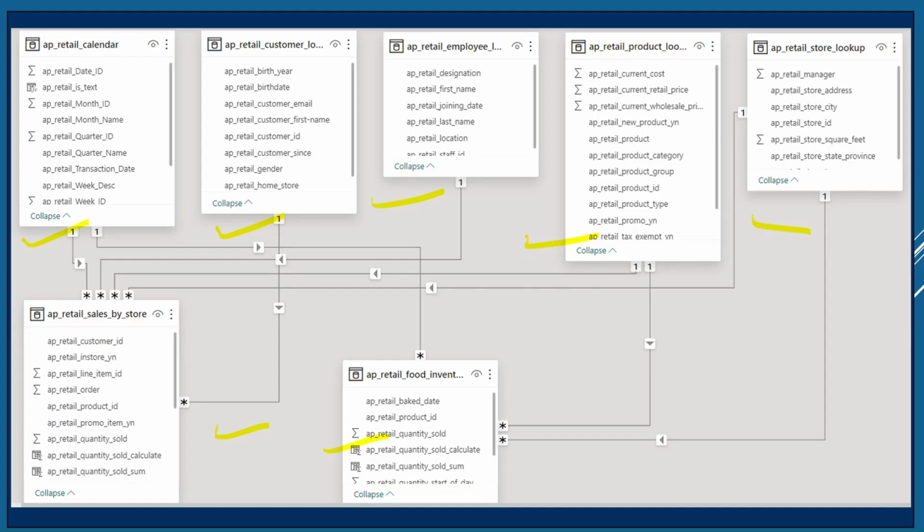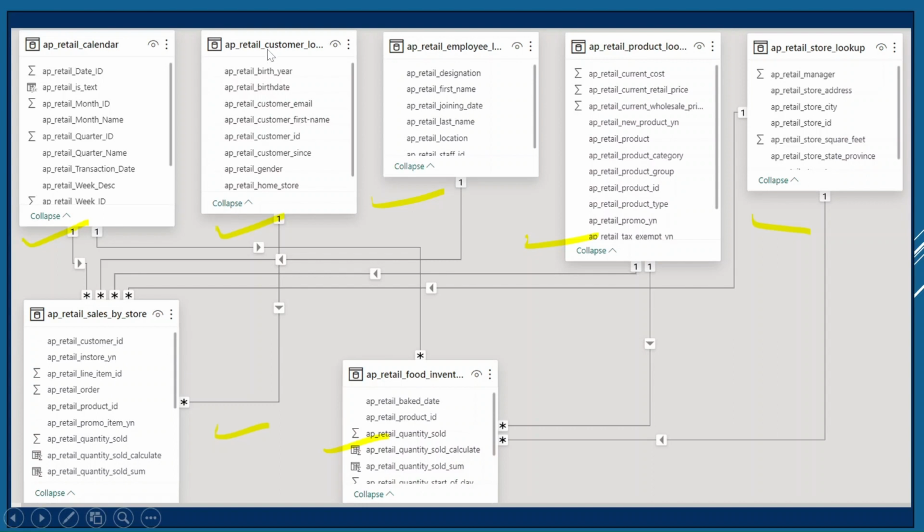So which tables are we going to use? We are going to create the relationship between AP retail customer lookup and AP retail sales by store. AP retail customer lookup has a column known as AP retail customer ID, and the sales by store table also has a column known as AP retail customer ID.